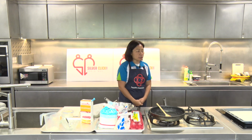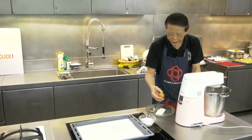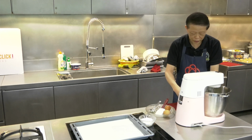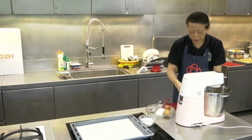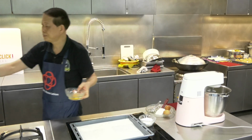刚刚的开始就是medium speed. Okay. And then I'm going to use the egg. You see here, we use the whole egg. So I'm going to use one egg first. 我们会用整粒鸡蛋哦。